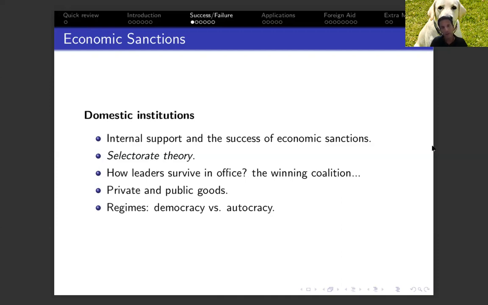Now, leaders do not have to provide the benefits to all the members of their selectorate, just to a group which is more likely to secure their role. And this is the winning coalition. So these are the two concepts you should mostly remember when thinking about selectorate theory: the selectorate, which is all members of the public who can vote yes or no, and the winning coalition, the part of the selectorate which is needed by the leader to ensure that she or he will be able to survive in office.